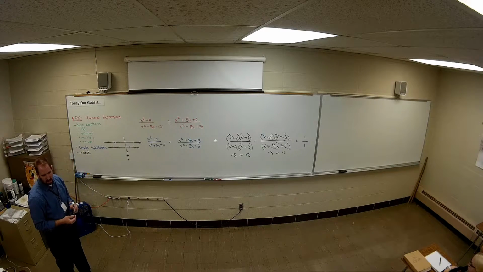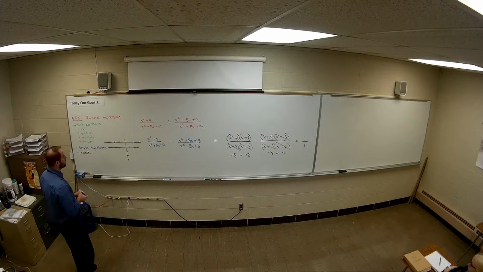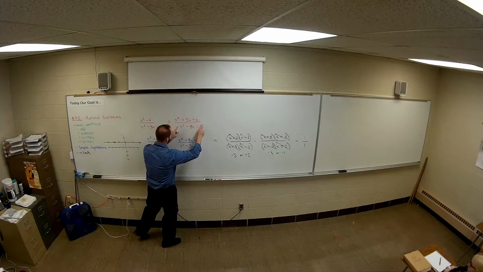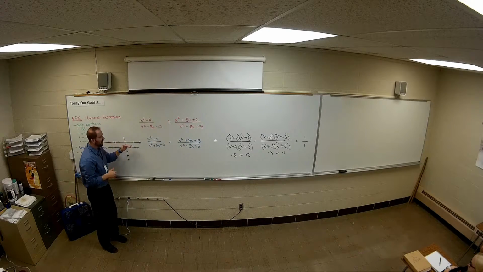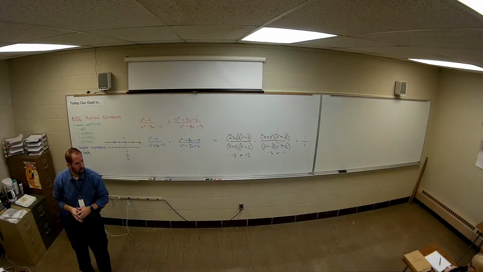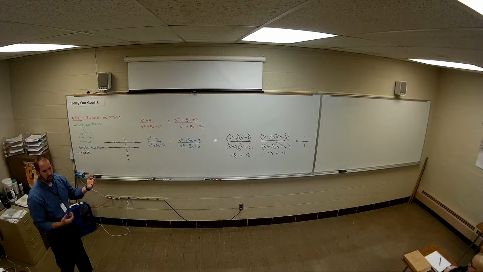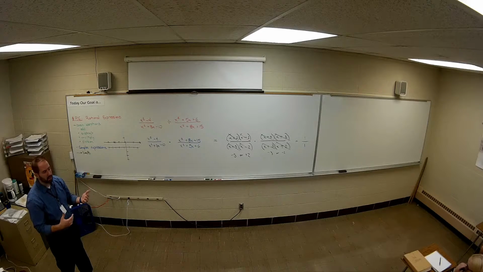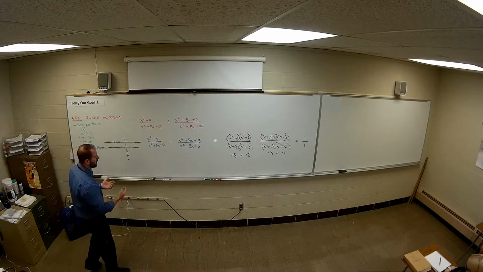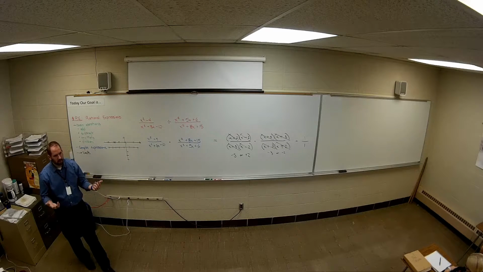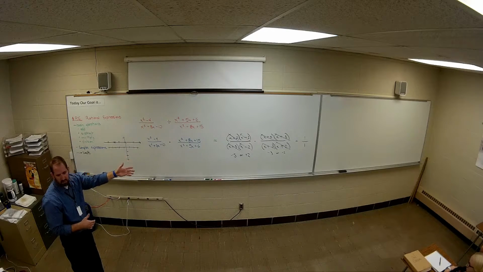Does that make sense to you guys, how I do that? I go back. Now, if you actually type this into Google, like graph, and you type all this with parentheses, division, parentheses, all that, it would show you a nice graph. There would just be little holes that you'd probably notice. Maybe right before you start homework today, I might throw it up on the board so you can see that graph. So you can see what it looks like when there's removable versus non-removable things. Even though you don't have to graph yet, we're not in that chapter, we're going to start graphing by hand. It's nice to see roughly what the graph looks like, the comparative thing, when things cancel versus when they don't cancel.